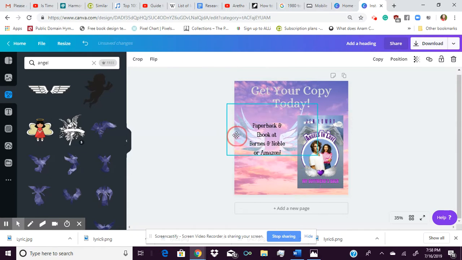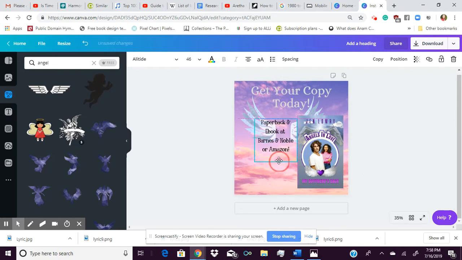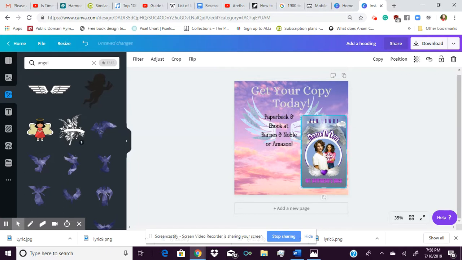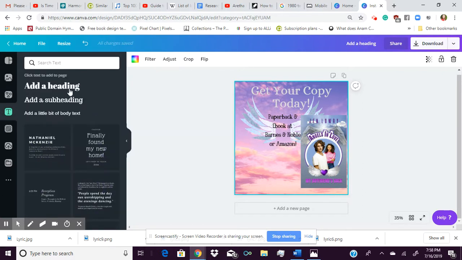And then move this up a little bit, so I can kind of see the wings coming out. So now let me center this, and move the book over a little bit. And then now if I come over here, add another one, and then you just move it around, and then you can put your social media,